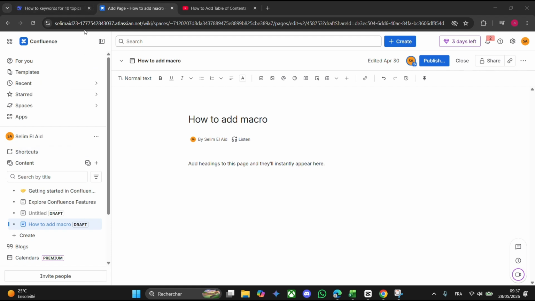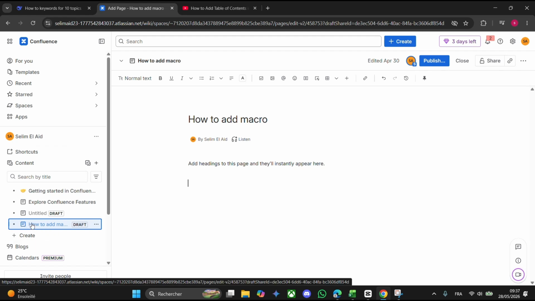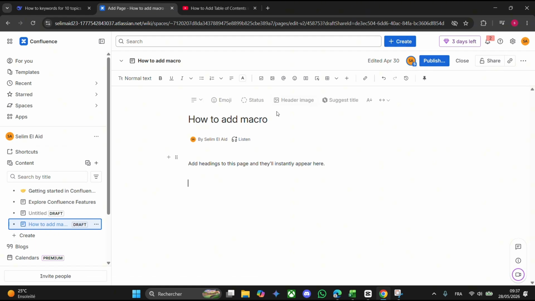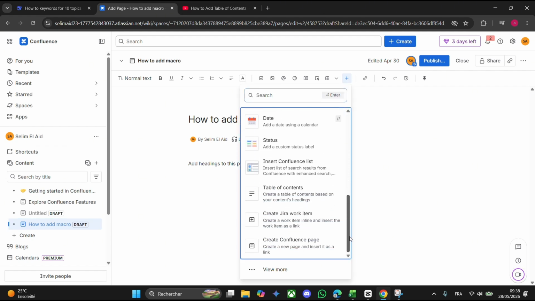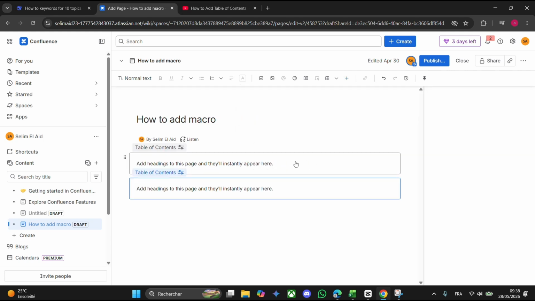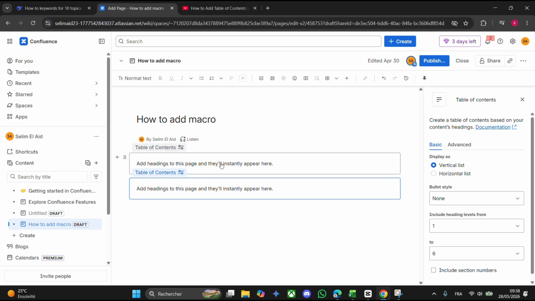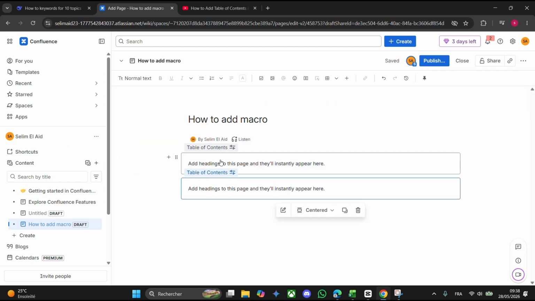So log into your Confluence account and open it in your browser. Select your space here and select the page that you want to add a table of contents to. Head over to the top bar, click on the plus button and select elements. Scroll down to the table of contents, click on it, and here you successfully just added your table of